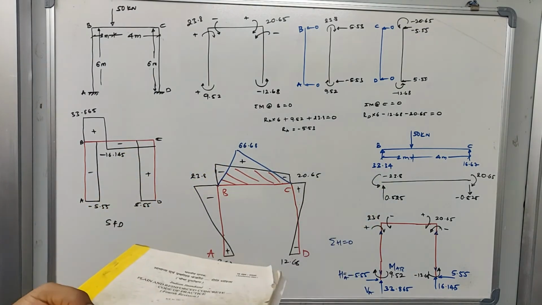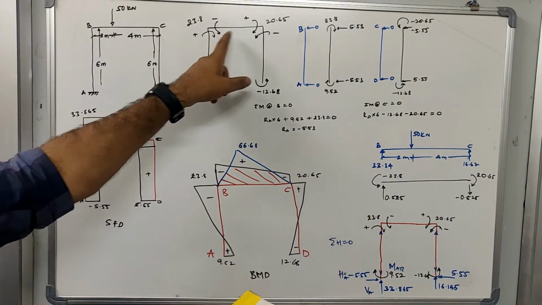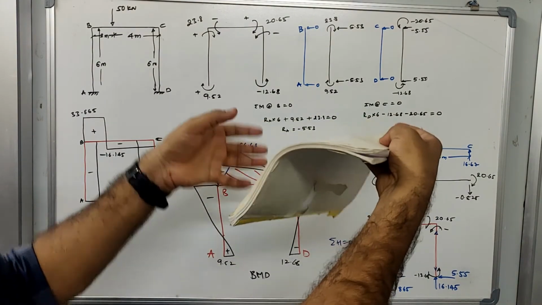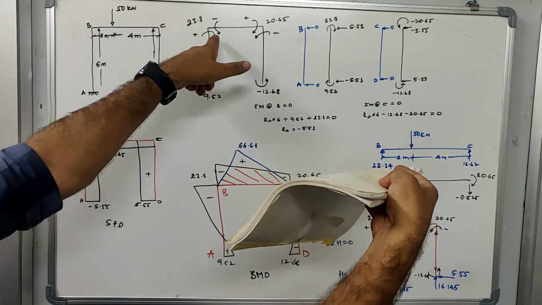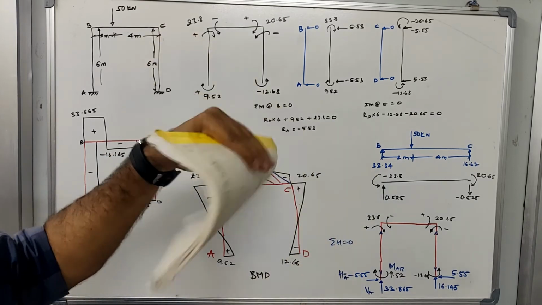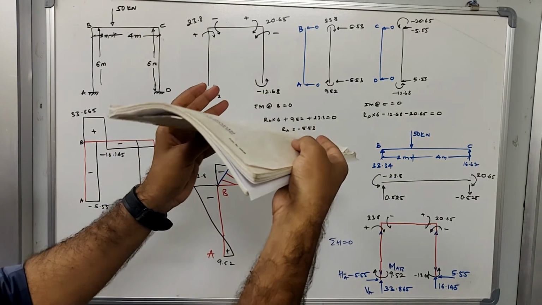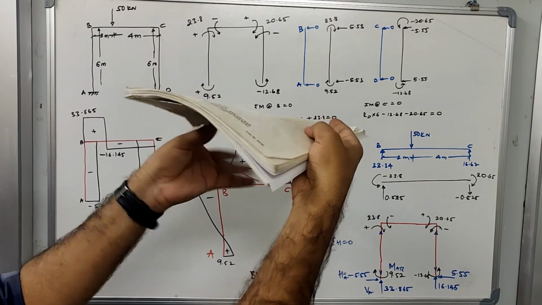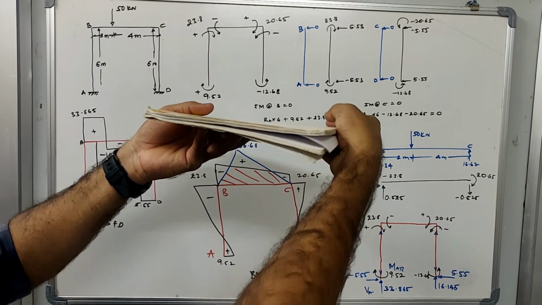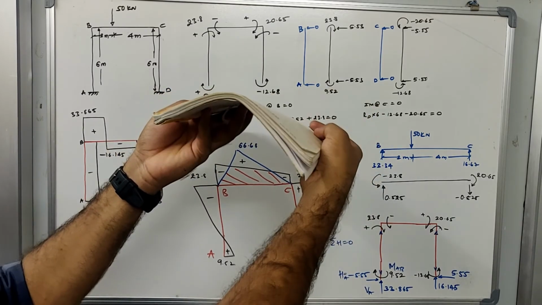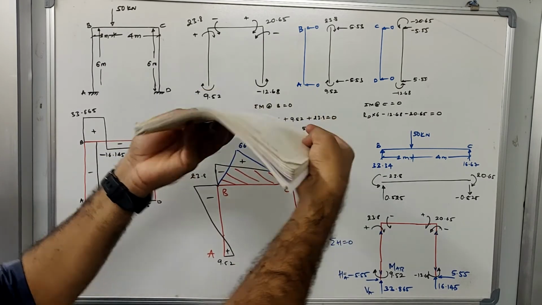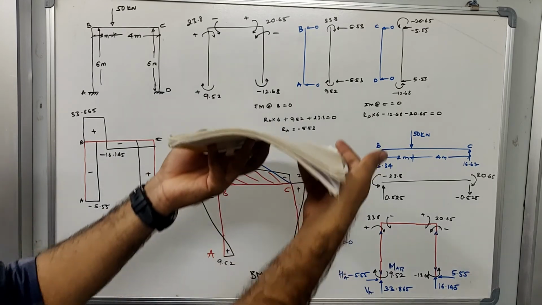Now we try to identify what kind of moments have been applied here. If this is a beam, I am applying a moment at B. Assume this is B and this is C. As you know, this is completely elastic, so I can't do such experimental observations on a rigid structure. That's why I'm showing you a flexible object, so I can explain what is sagging and what is hogging. Try to understand this concept here.